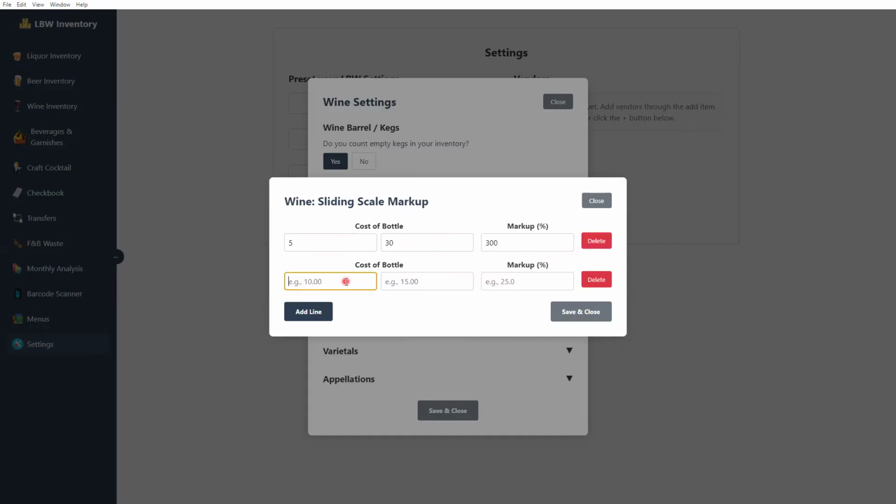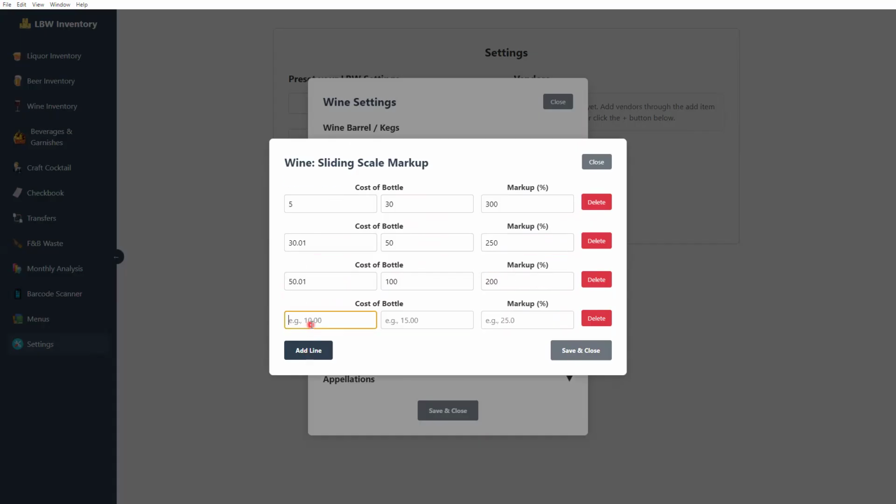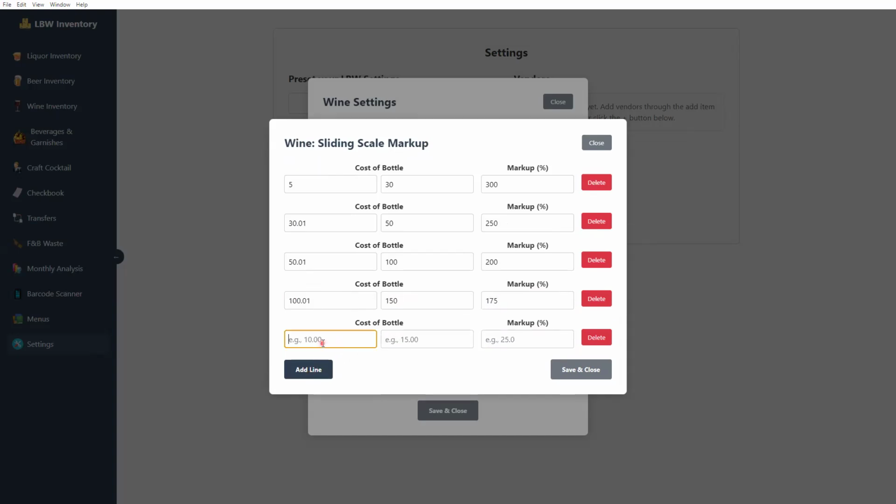If you add another line, you keep on adding in these parameters. We'll do $30.01 all the way to $50, and we'll say that it's going to be a 250% markup. And I'm just going to fill in some stuff in here. It's just general information. It may, again, just be a reference for you, or you can use your own metrics. So we'll start minimizing the markup a little bit,